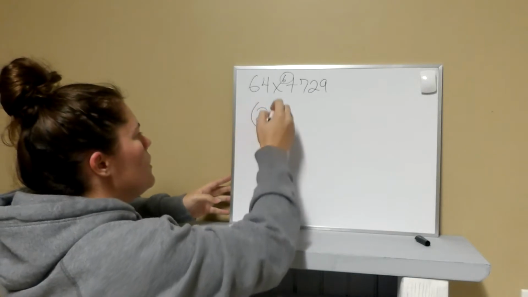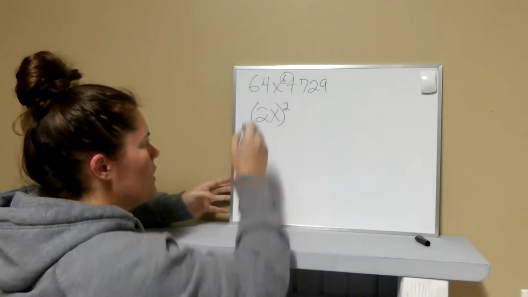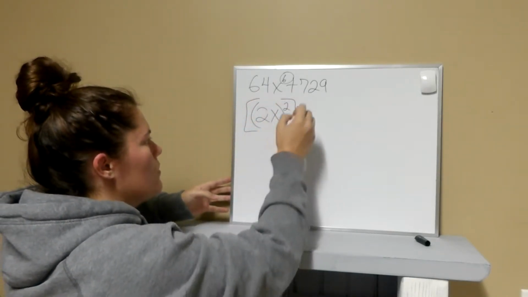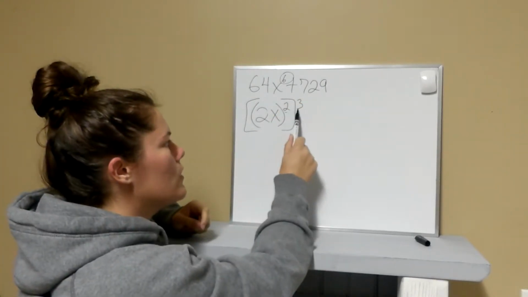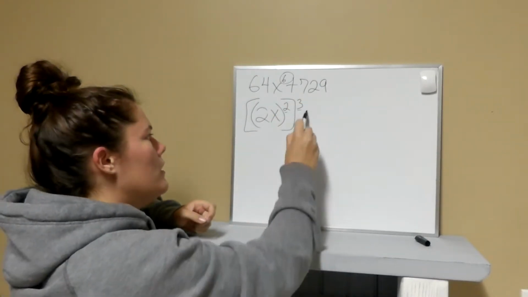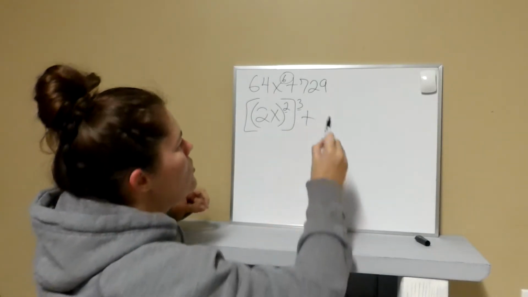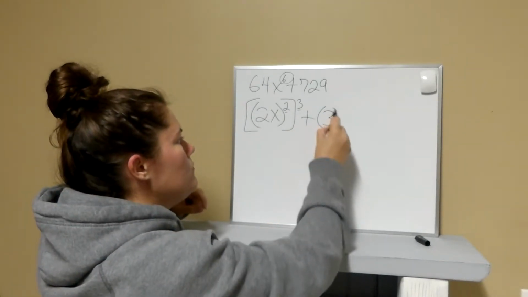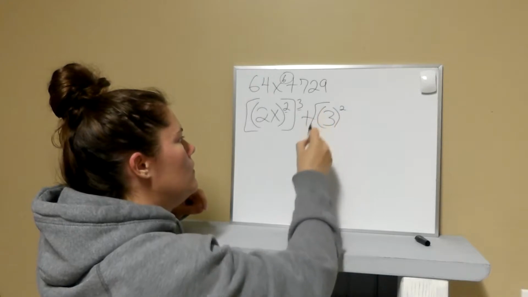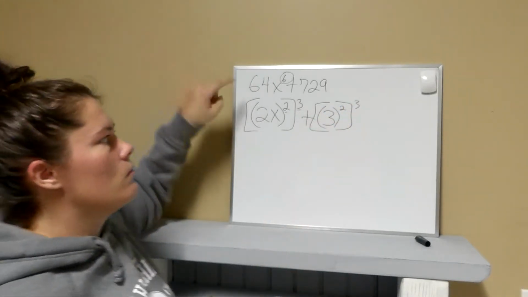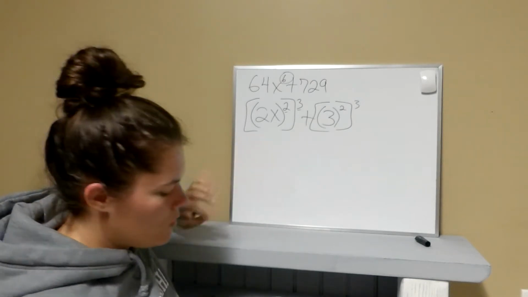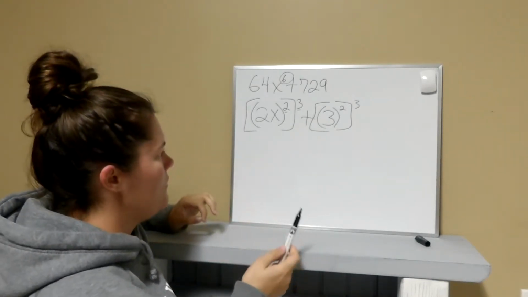Parentheses first. 2x squared, and then in brackets, you're cubing all of that. So then you have your square, then you have your cube. Then you have your plus, and then you do 3 squared cubed. And then you would start to solve it. So then you would have